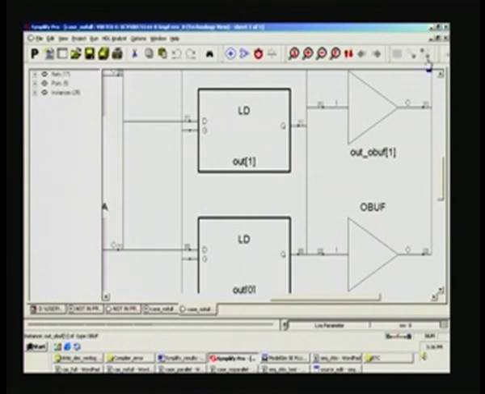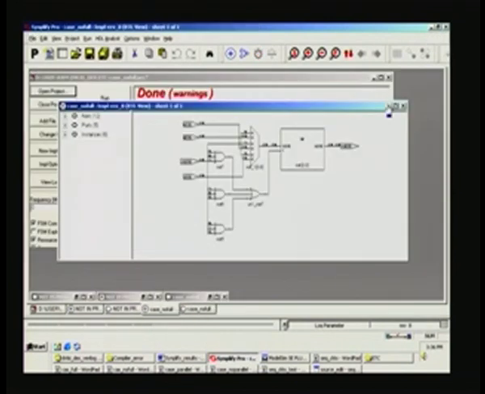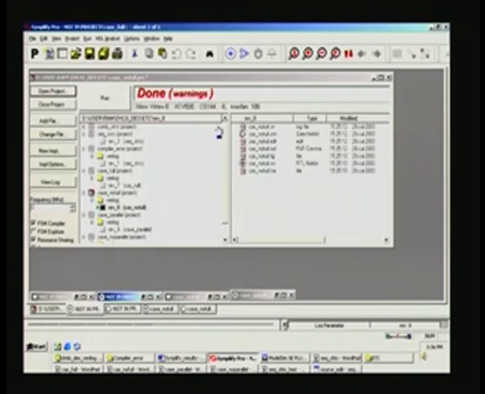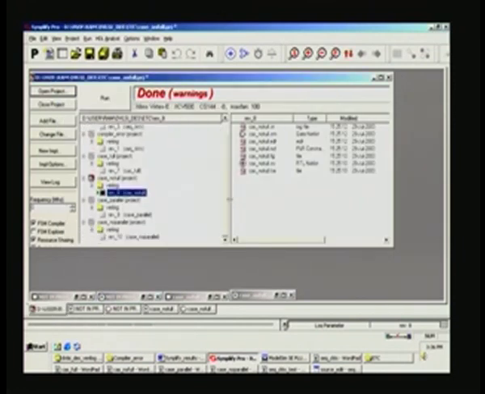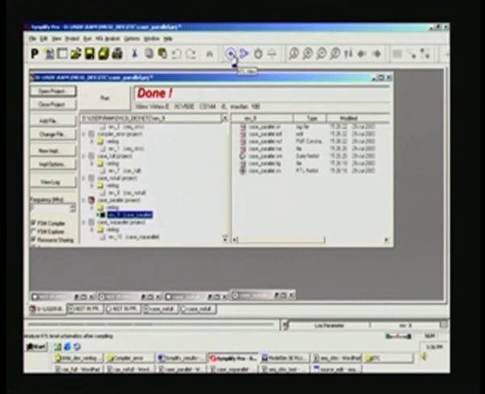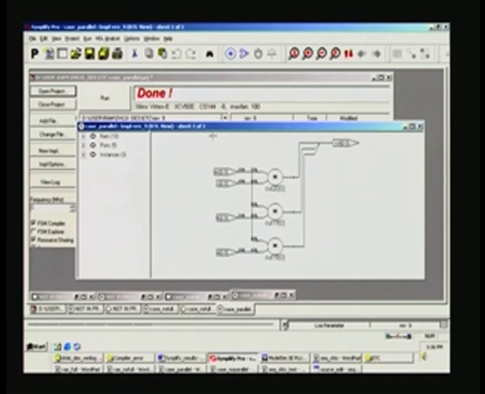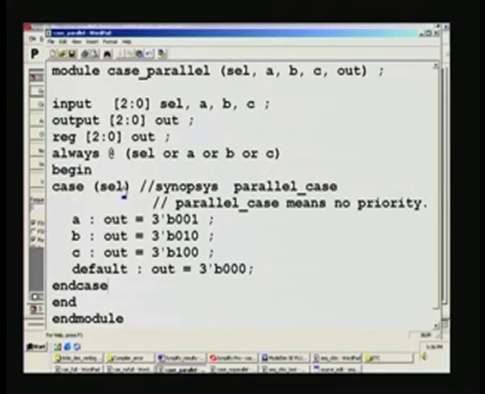We will run Simplify for this. So, we do not require this also. So, we will go to this parallel case. This is parallel case, and all these have been run and kept ready for you, so that we are merely viewing that. So, we will first see this is a parallel case, and when you look at the code, what it says is when select is equal to A, then out is 1 and so on. It is all with reference to select and the actual inputs,